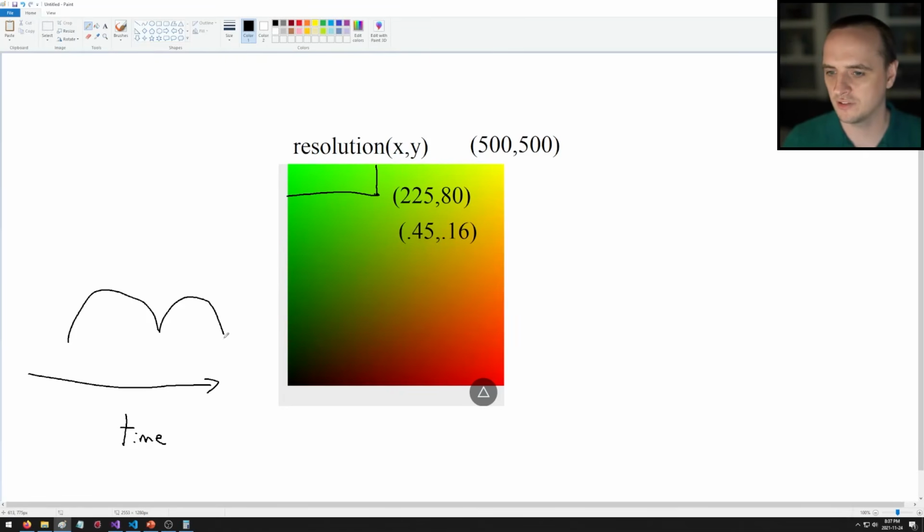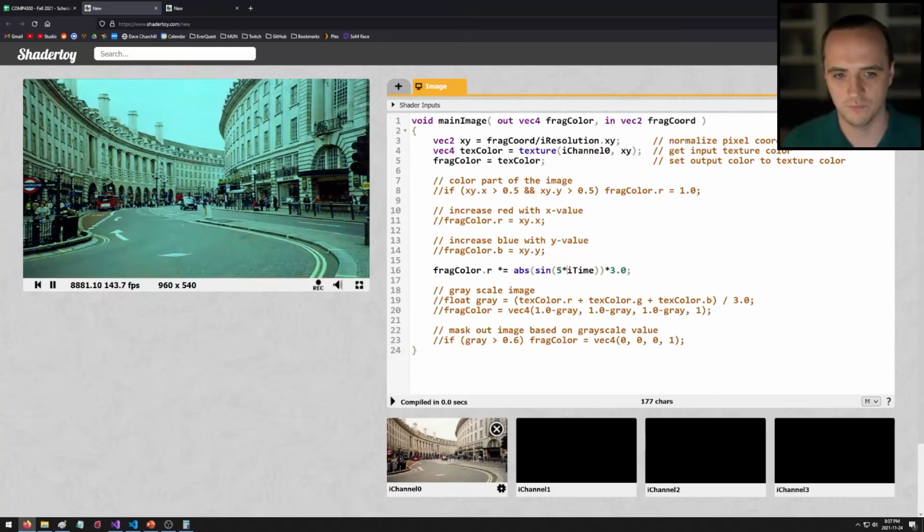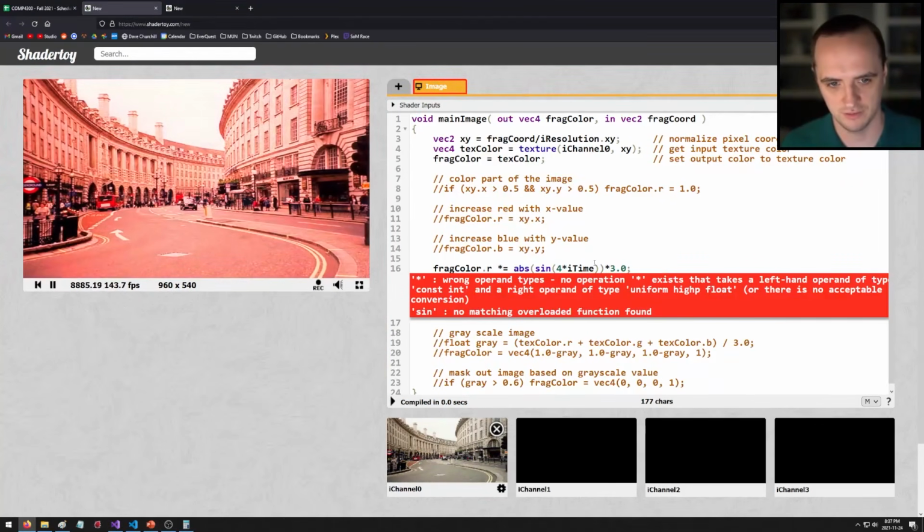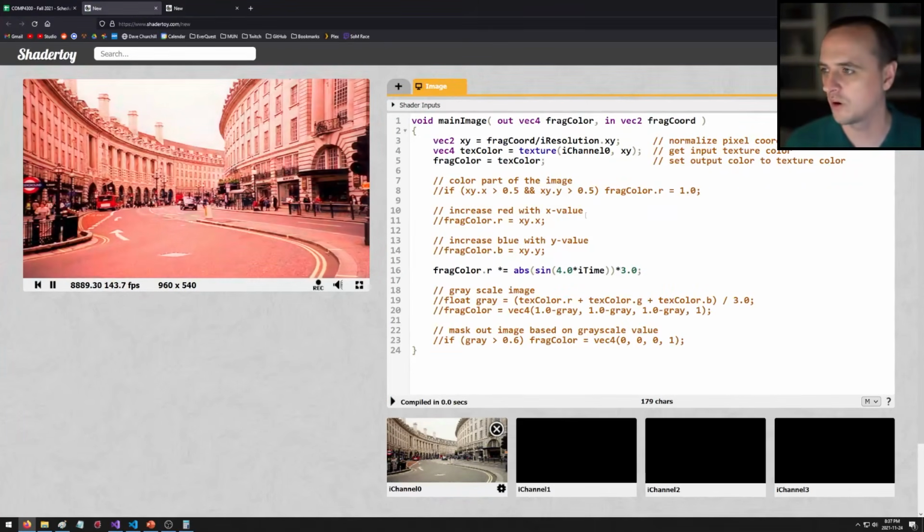If I want this to be faster, I could multiply it by 2 and get twice as many cycles, or maybe multiply it by 4. And that's what I'd get in my image as well. So if I multiply this by 4, then the flashing, geez, I keep forgetting to put in the point zeros, the flashing will be 4 times as